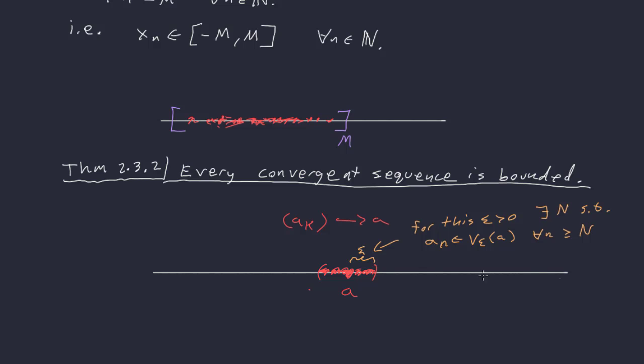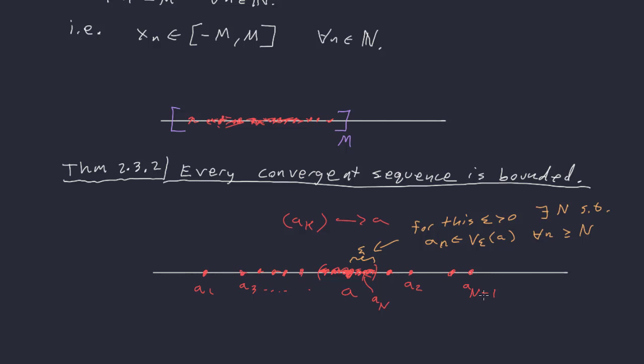So that means outside of this set here, there's only a finite number of values from the sequence. So maybe A1 is here, and maybe A2 is here, and A3 is here, and on, and we go along, and then here is maybe capital N minus 1, and then our first a_N is in there, and everything after that is in there. Okay, so what that actually means is,